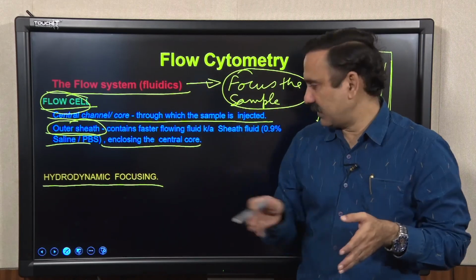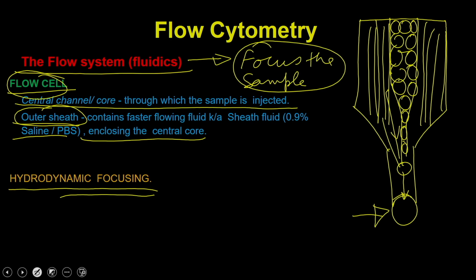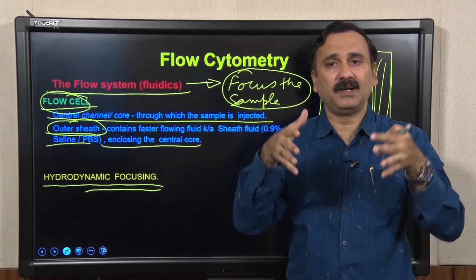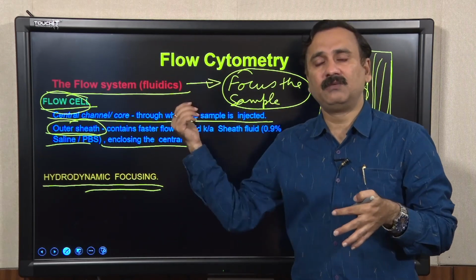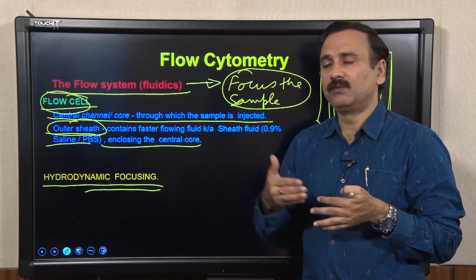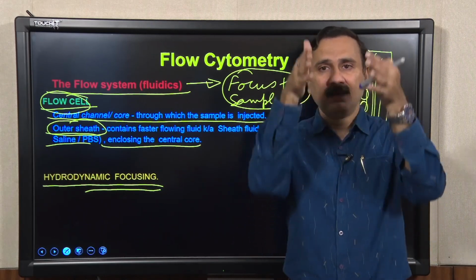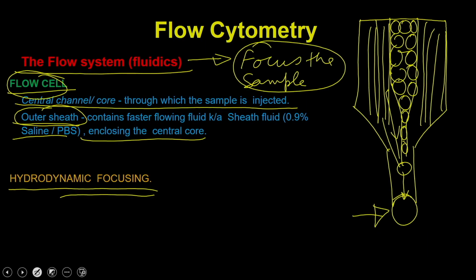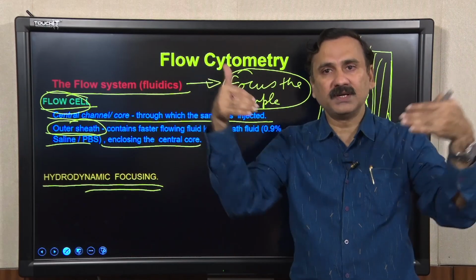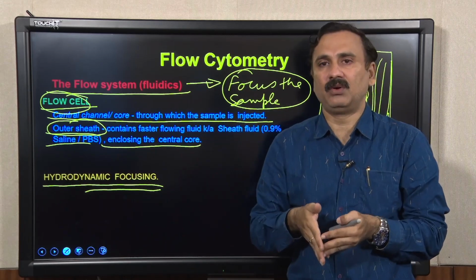This is a typical way in which the sample is focused by the hydrodynamic focusing system. These fluids are flowing in a single channel, but they do not mix because the speed of these fluids is very different, and the density of the liquid you use for the sheath fluid versus the liquid you use for preparing the sample is different. So, they flow around the sample without any boundary. If you imagine a boundary, there is no boundary. The sample is running in a liquid, and the sheath fluid is also running as a liquid, but because the sheath fluid is running very fast and in a focused way, the sample gets focused, and then the single cell comes out from this particular fluidic system.